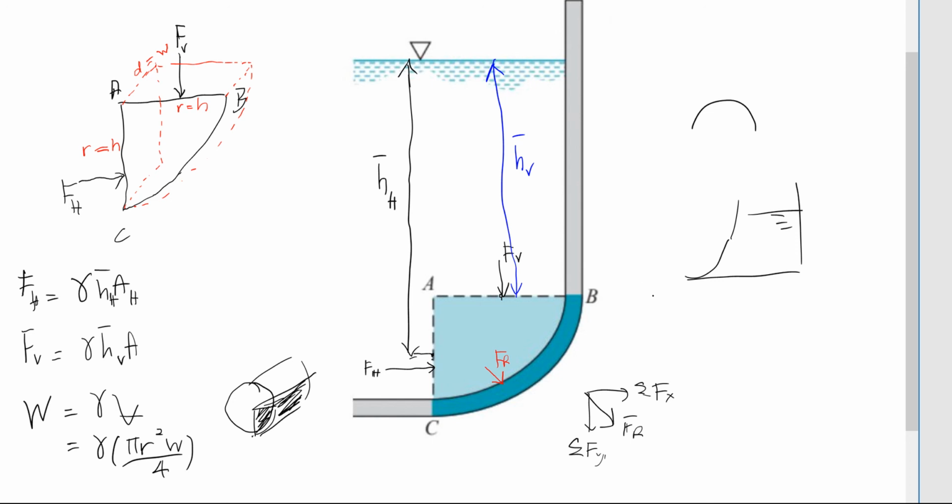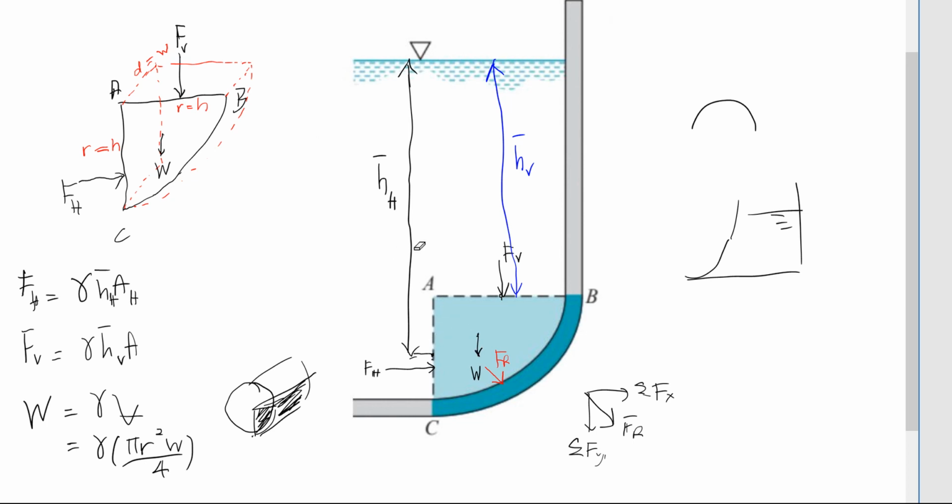Before that, that is for FH and FV. So how do you get FR? If you can see here, where is the weight? The weight is acting through the centroid of this quarter cylinder. So the weight is here, going down. If you draw it here, let's say the quarter cylinder centroid is here, the weight is going down. The distance here,